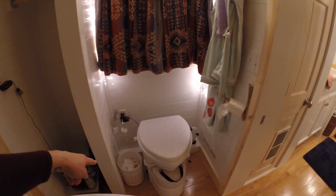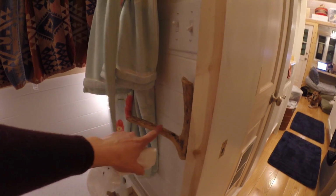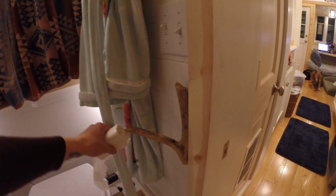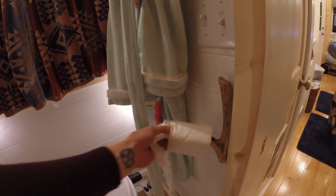I have a garbage can. And I got this during the storm in Monterey. It was a really crazy storm. It brought up a lot of driftwood, and I found this little piece, and so I nailed it to the wall. This is one of the Scott's toilet paper that doesn't have the